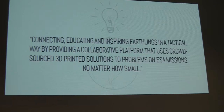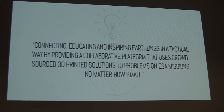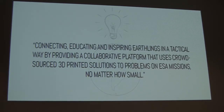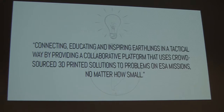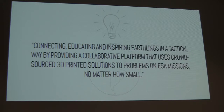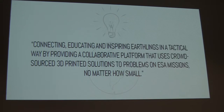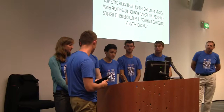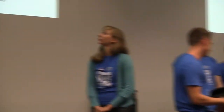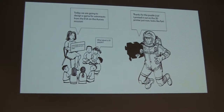So we wondered if we could use the accessibility of 3D printing to connect, educate and inspire those of us on Earth, in a tactile way, by providing a collaborative platform that uses crowdsourced 3D printed solutions to problems on ESA missions, no matter how small. So we've come up with this platform called Ideasphere, which is kind of an online collaborative sharing space,